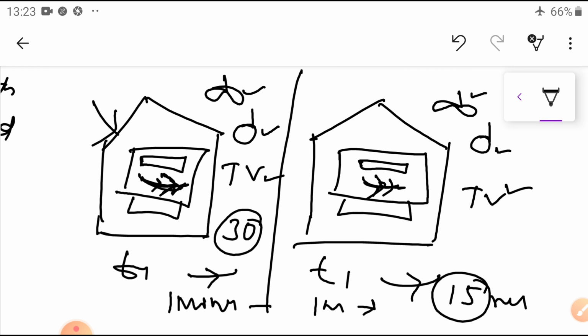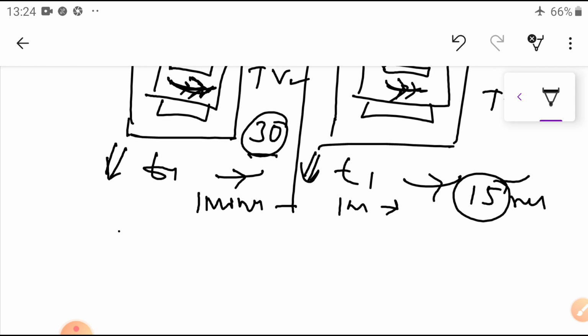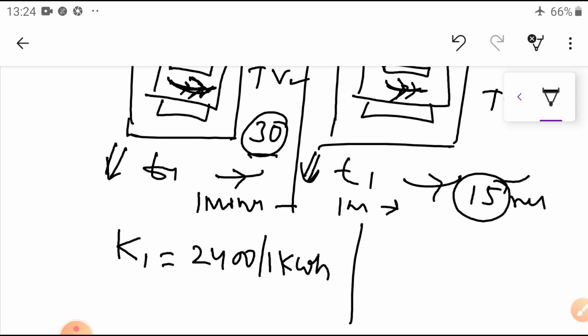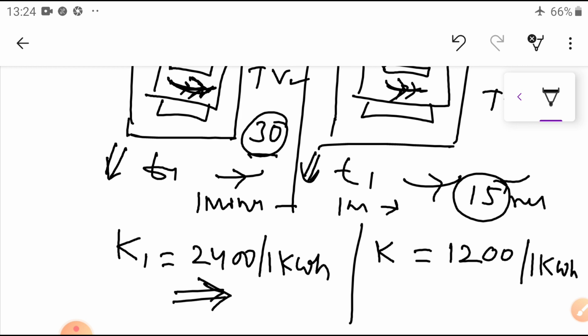So I complained to the discom people. Sir, for the same load, my friend's meter is reading 15 revolutions per minute, but my disk is rotating 30. But he realized and told me, sir, your meter constant is, for example, 2400 revolutions per kilowatt hour, whereas your friend's meter constant is 1200 revolutions per kilowatt hour. Even though your meter's disk is moving fast, ultimately